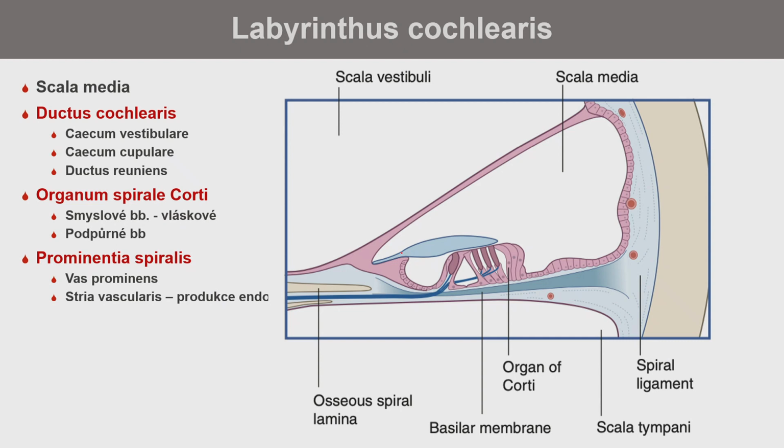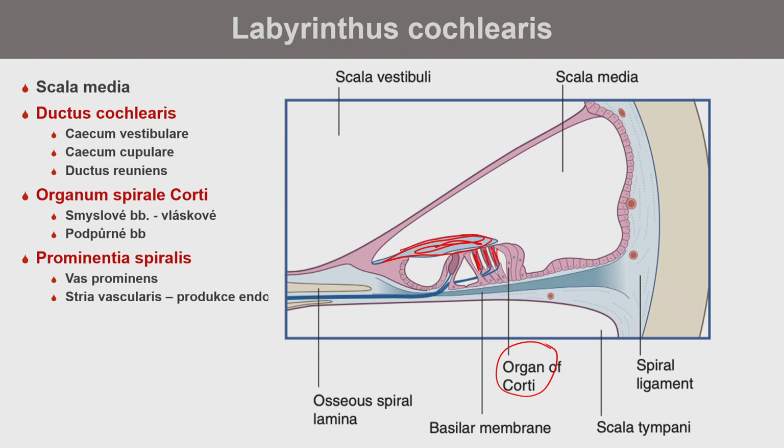There is a gelatinous flat structure which is covering the organ of Corti. The Corti organ, also called the spiral Corti organ, has